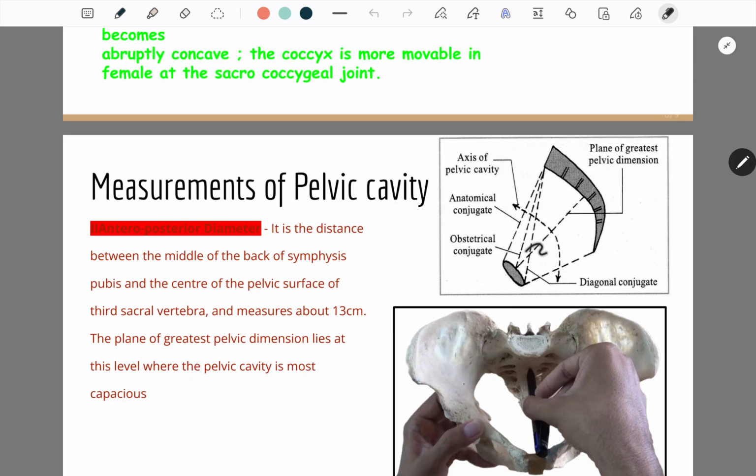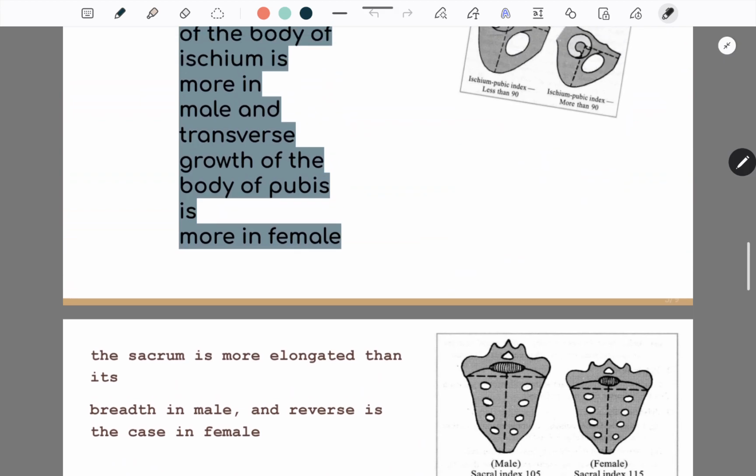And this is the pelvic cavity. You can see, they have mentioned the axis of the pelvic cavity, not the pelvic cavity, it is the axis of the pelvic cavity. Okay, this is about the